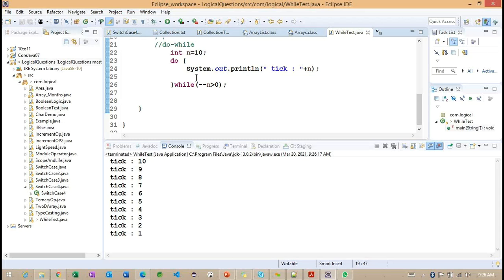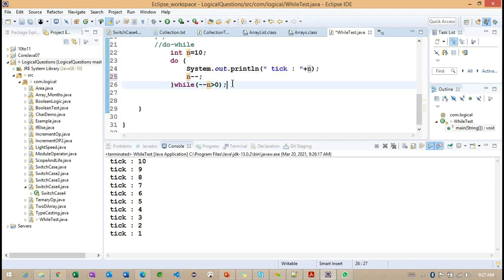Okay. So what you understand here is, even when we specify n minus minus or minus minus n, there is no difference here. Why is there no difference? Because we are not doing any work after decrementing the value here, so directly we are printing the value. Okay, sir.